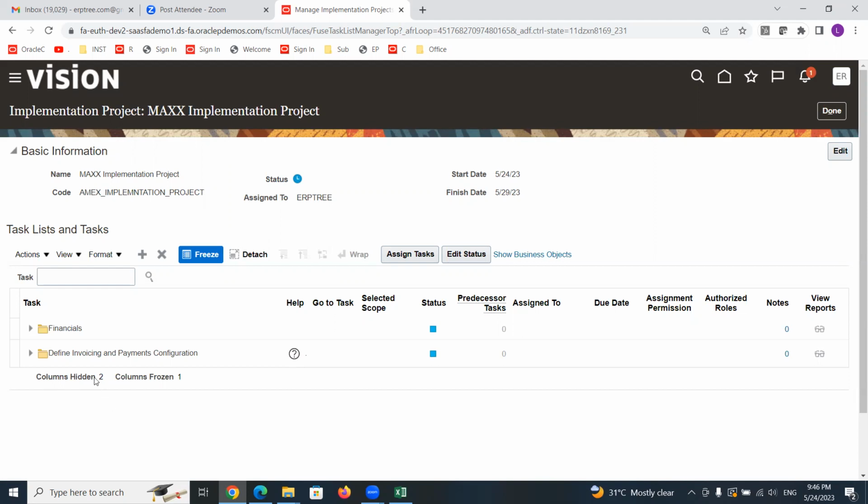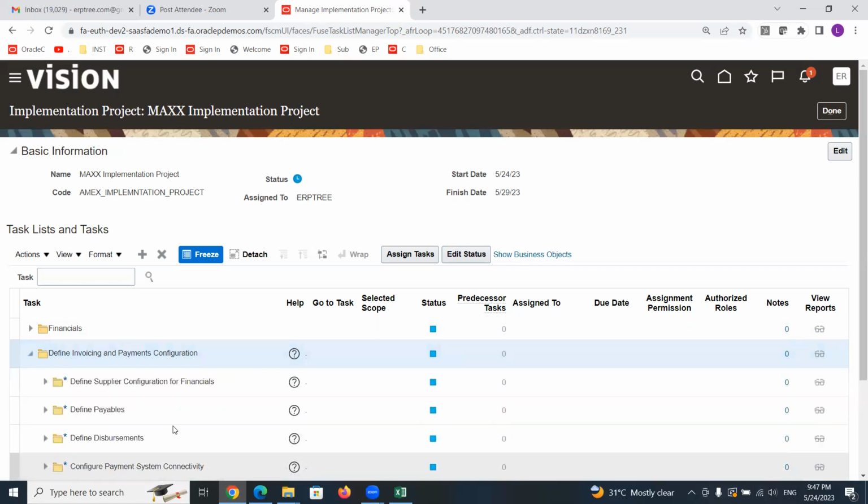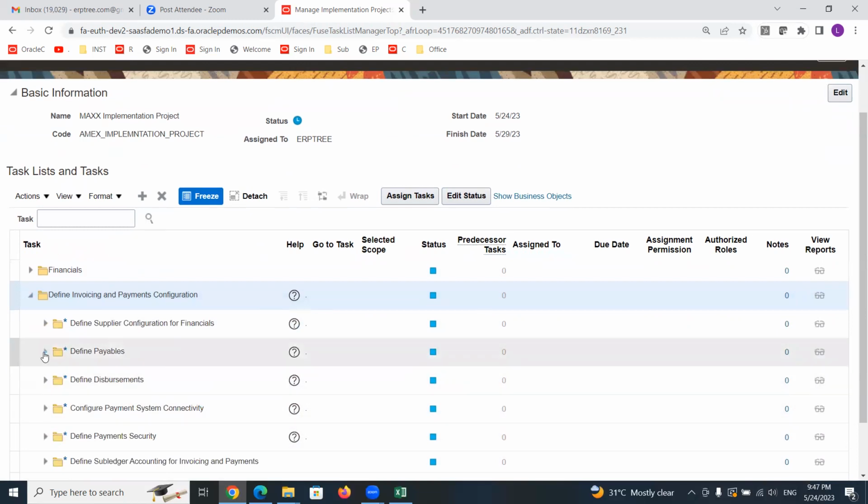Okay. So within the project, you can see we added the offering, and payables is an offering or option? It is an option. So that is the reason in the drop down, they are not providing the name as option. Instead of option, they are giving search for task list. That is the reason we selected task list. Now expand these payables.